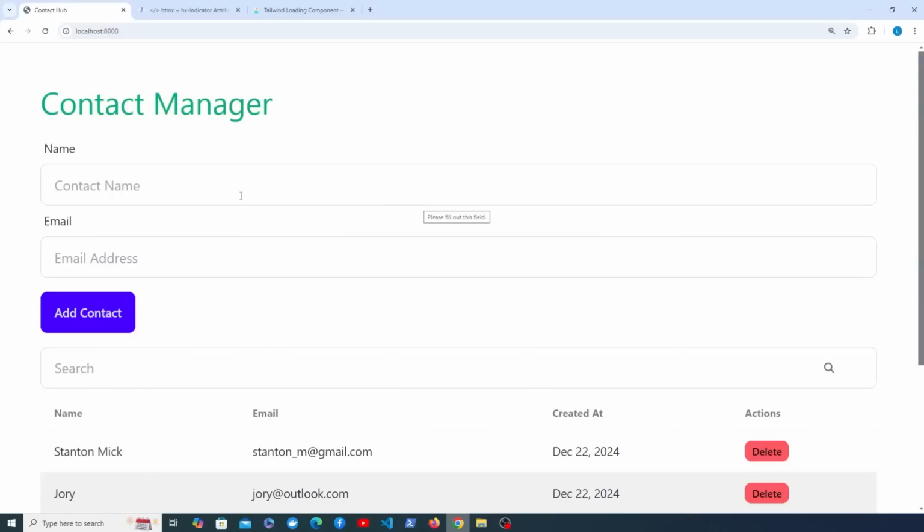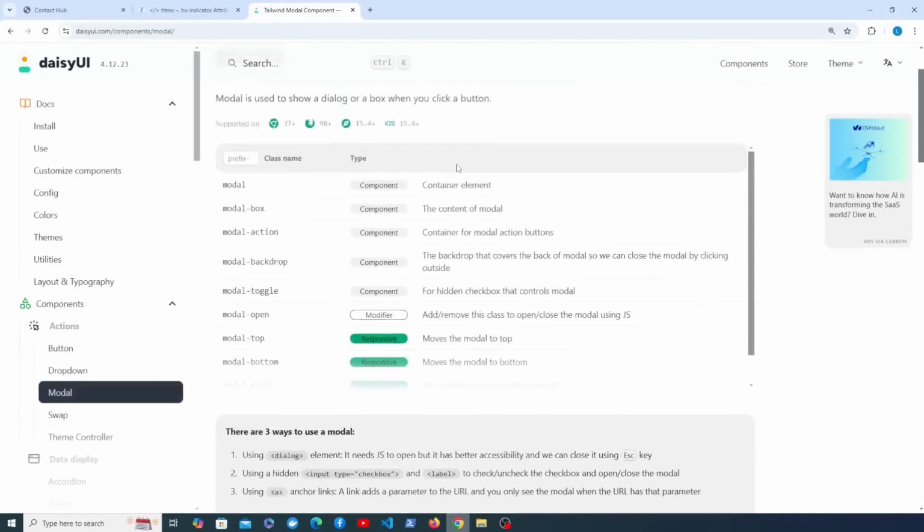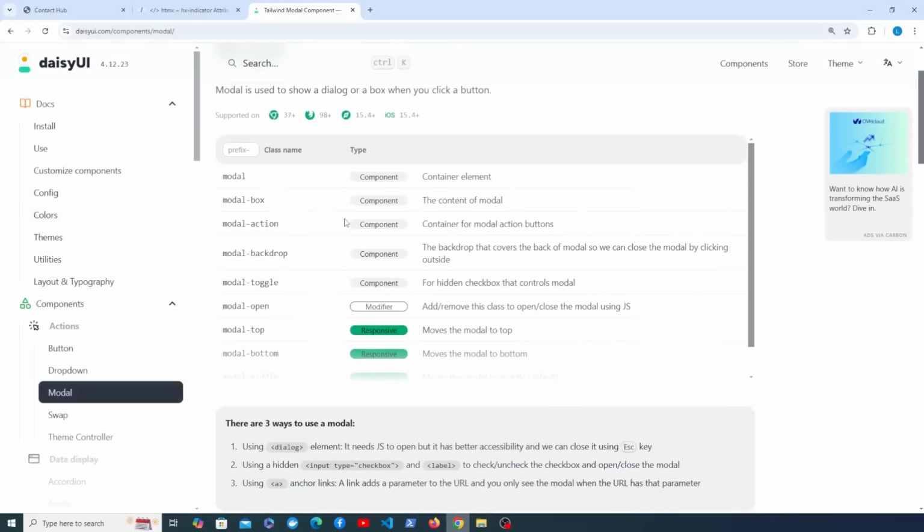In the last video, we added this form for adding a new contact to our page. What we're going to do in this video is move this into a modal. Now let's go to the Daisy UI documentation and we can search for the modal component. And when we go to that page, we're going to see some of the classes that we can add here